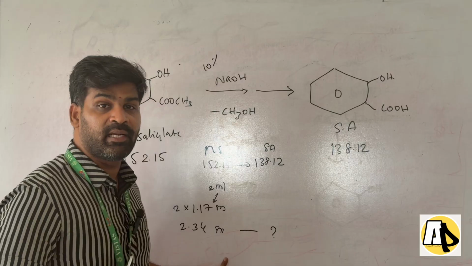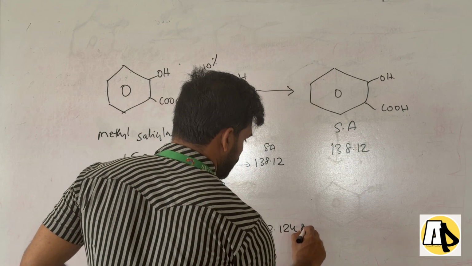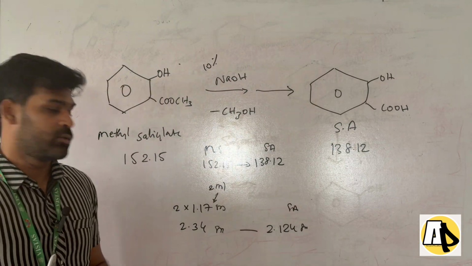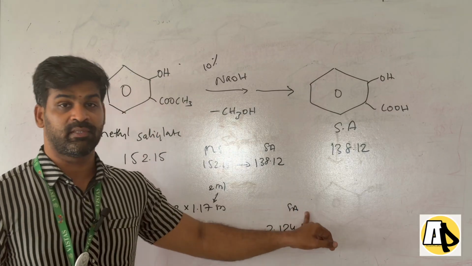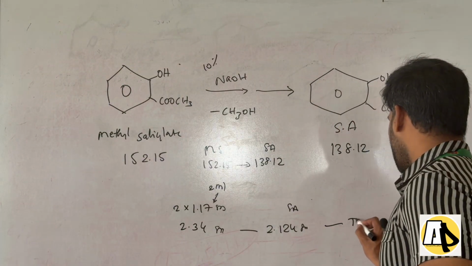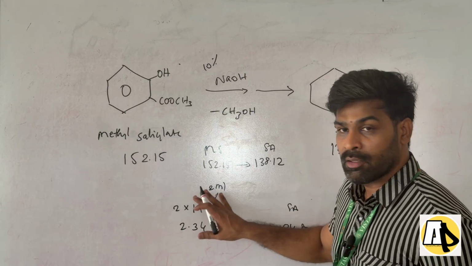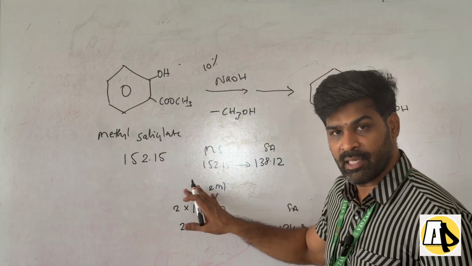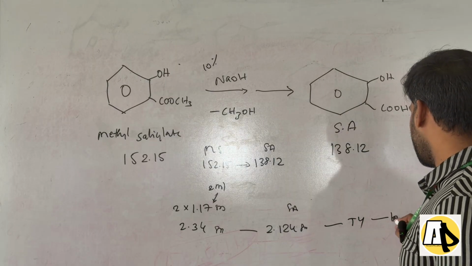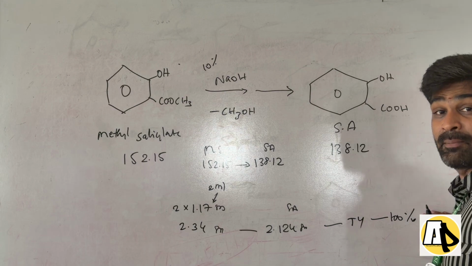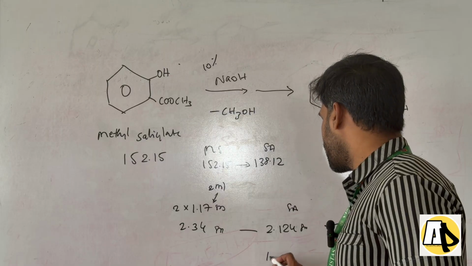That will be our theoretical yield. As per calculation, it comes roughly 2.124 gram of salicylic acid. So 2.34 gram of methyl salicylate should produce 2.124 gram of salicylic acid. This is our theoretical yield. In practice, when we are taking 2 ml of methyl salicylate, if you are getting product salicylic acid of 2.14, that means you achieved 100% yield. So if you are getting anything less than this 2.14, let us say 1.8,